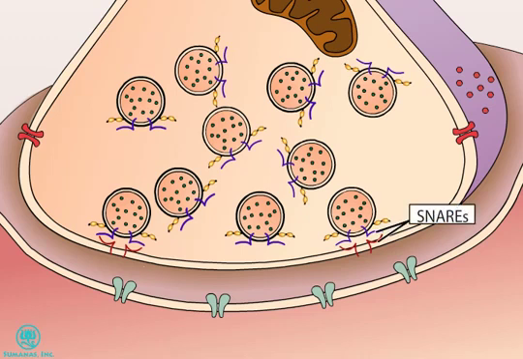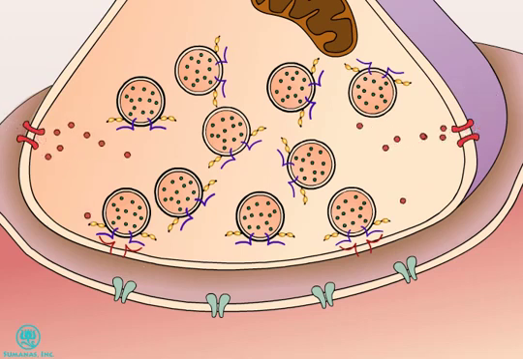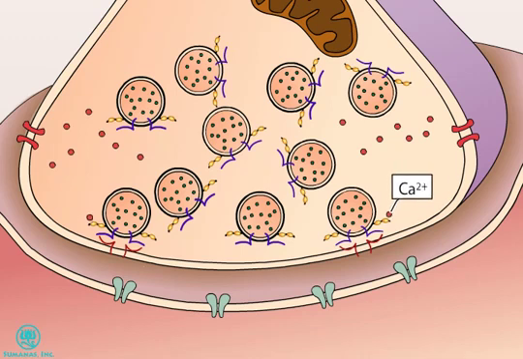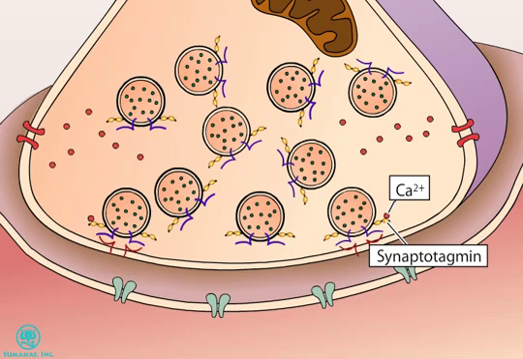vesicle and presynaptic membrane. When the axon terminal is depolarized, voltage-gated calcium channels open, and calcium ions rush into the axon terminal. Some of the calcium ions bind to a protein on the synaptic vesicle membrane called synaptotagmin. When calcium binds to synaptotagmin on the synaptic vesicles nearest the active zone, the vesicles are drawn even closer to